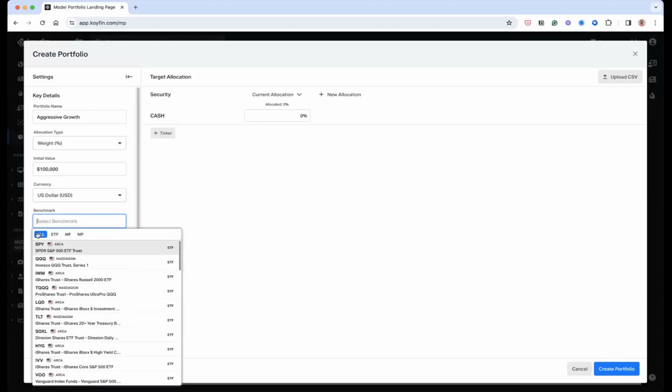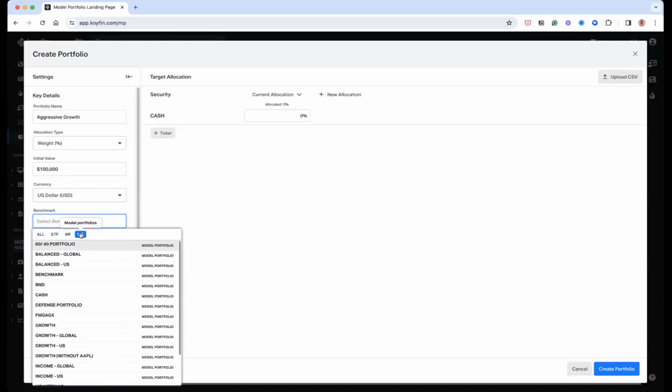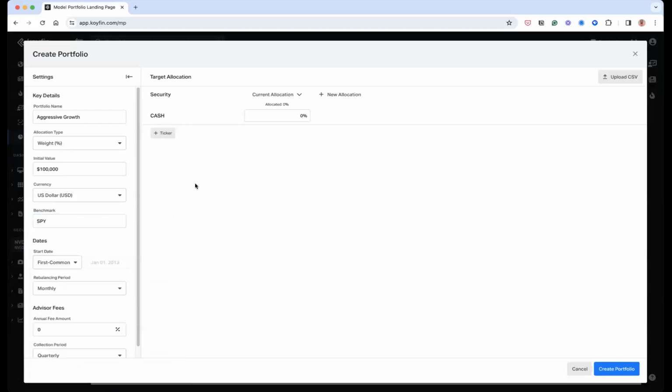The benchmark here, you can select an ETF, a mutual fund, or we give you the option of selecting a model portfolio as a benchmark. And so what that means is you can create your own custom benchmark. If you have some benchmark internally that you're thinking about, if it's a 60-40 benchmark, then what would happen